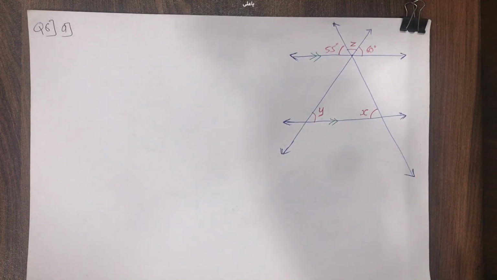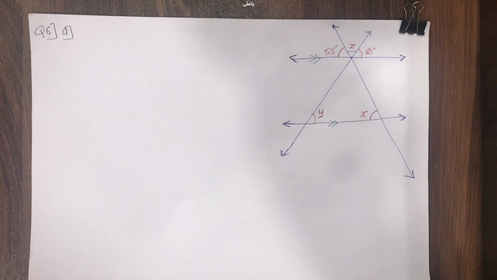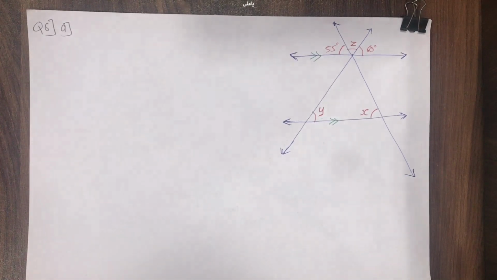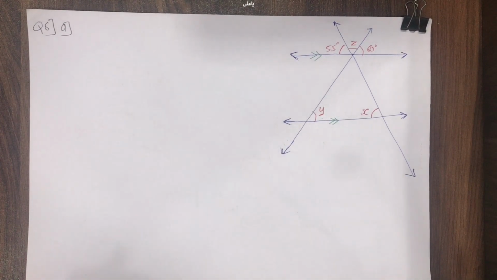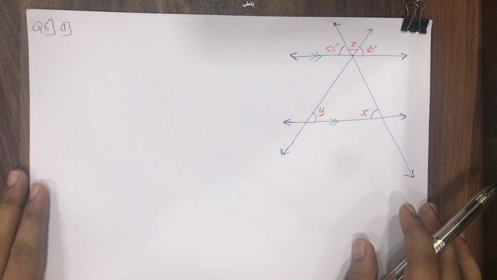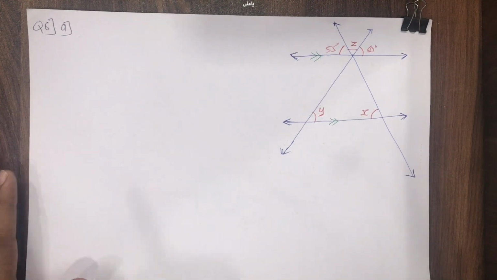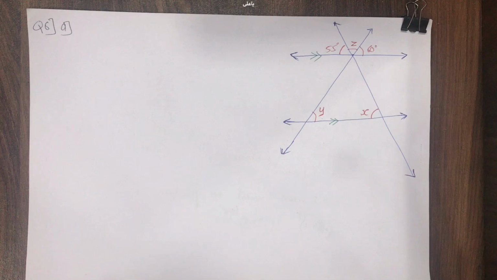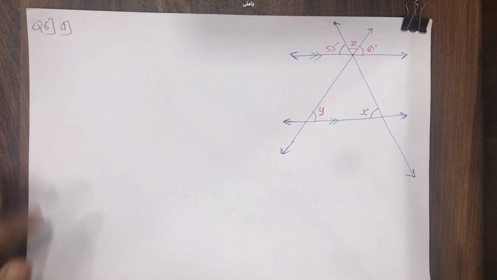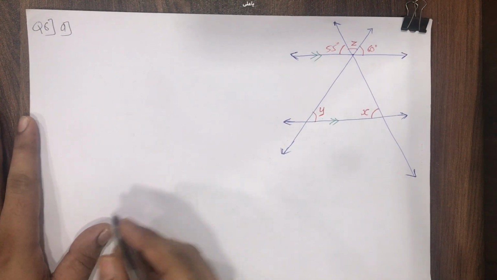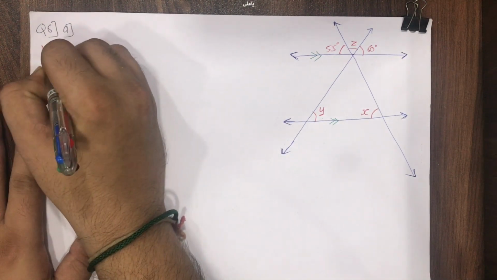Welcome students. This is our last lecture for our ongoing chapter Understanding Shapes. This is our part 9, continuing with our exercise 9.2, question number 6. In today's lecture I'll be dealing with 4 questions which apparently look typical, very complex, but they are very simple. The first question itself, which you can see on the screen, I'll mark as very important.